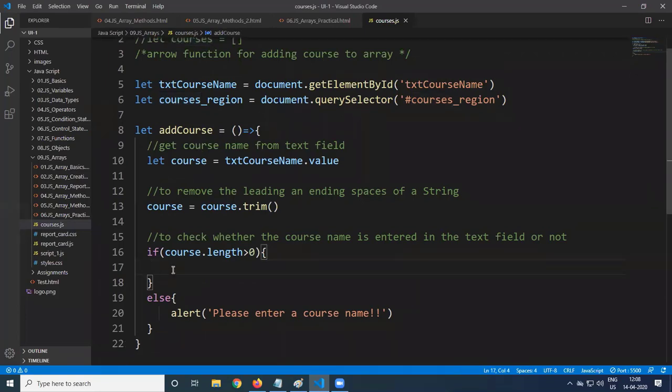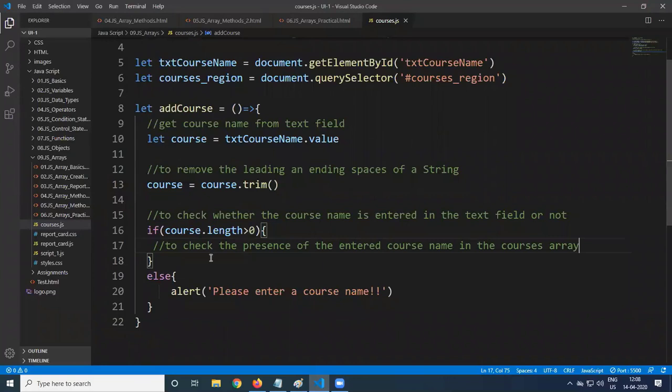So you need to check the presence of the entered code's name in the codes array, and add the code's name to the array if not present in the array.